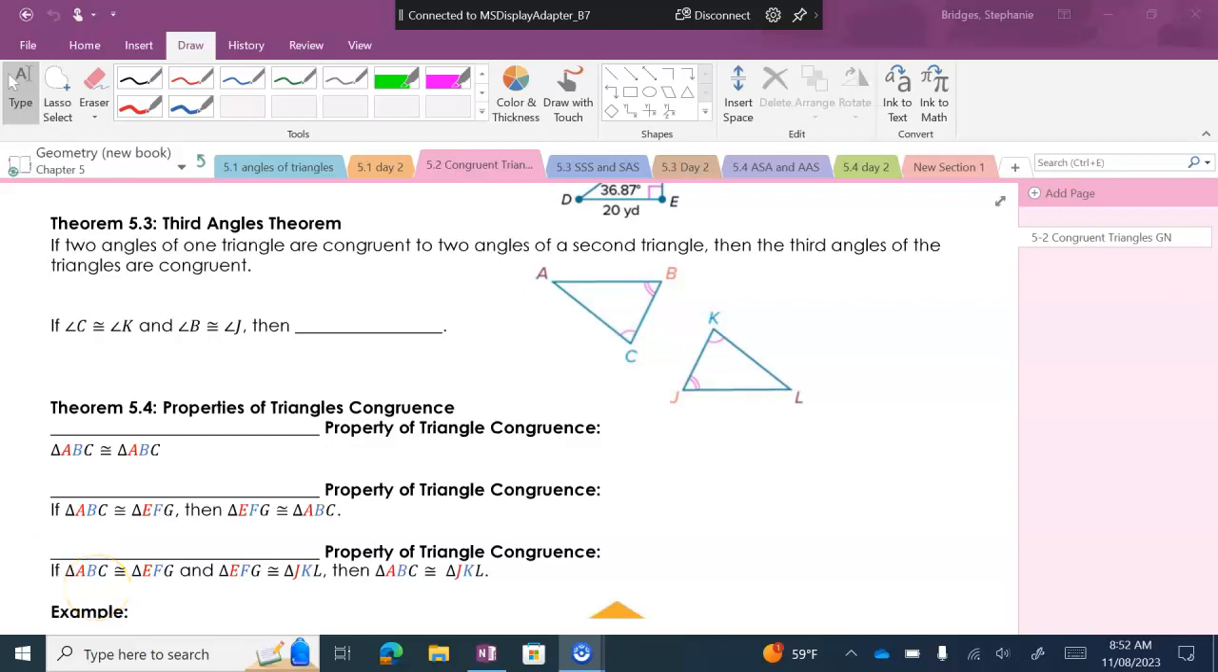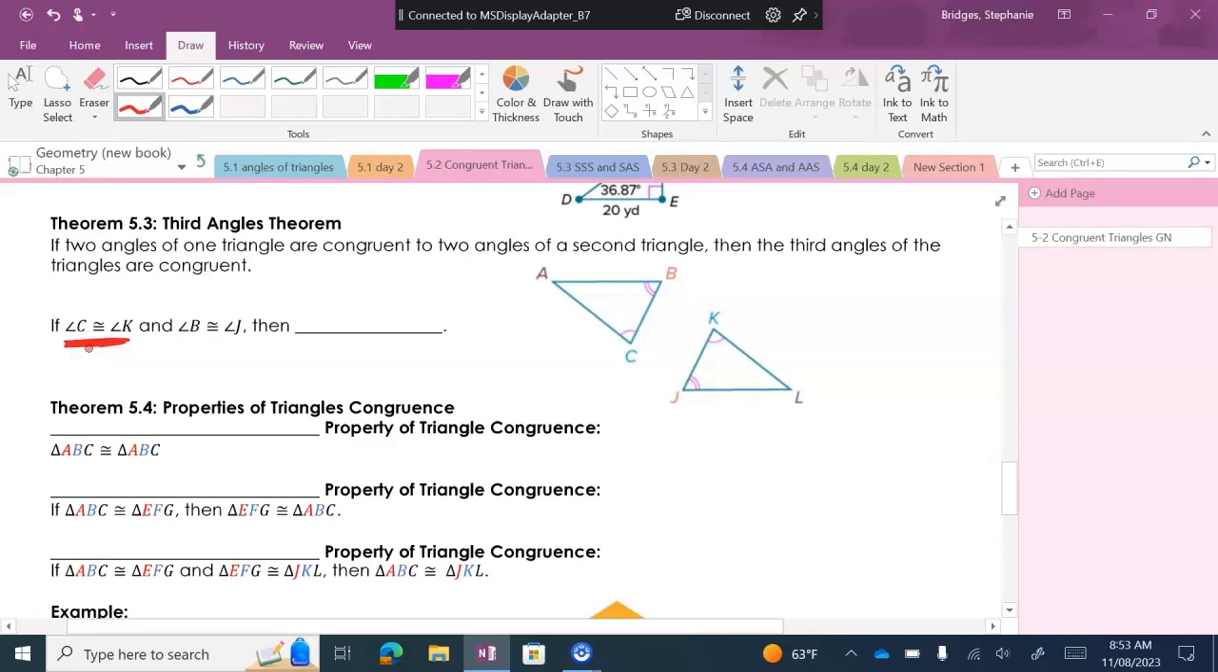So basically, this theorem here says if two angles in one triangle are congruent to two angles in another triangle, then the third angles of the triangles are congruent. So looking at the left triangle, which angle is marked with one marking? C. And what is C congruent to in the other triangle? Okay, so that's what it says right here. If angle C is congruent to angle K,